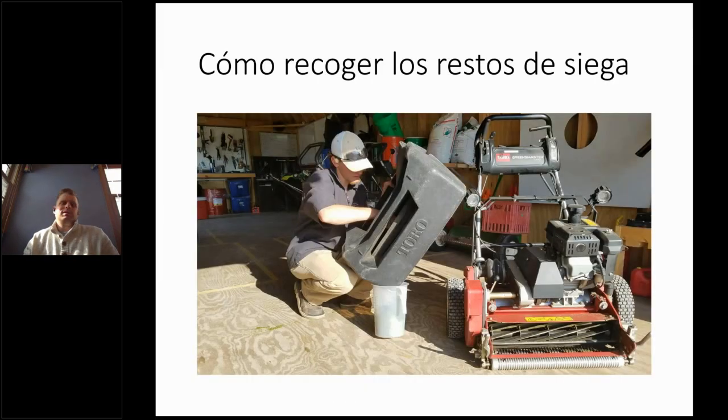So how do you collect clippings? It's not very difficult. As you mow your grass with a bucket on the mower, before you dump the grass, you put it into some type of bucket, barrel, or vessel that has lines on it so you can measure how much grass is there. It could be something as simple as a 5-gallon bucket that you would use for painting. On the inside, you draw a line every inch, and then you watch the